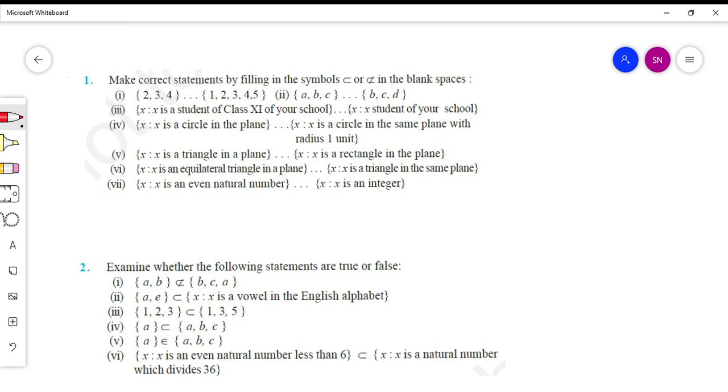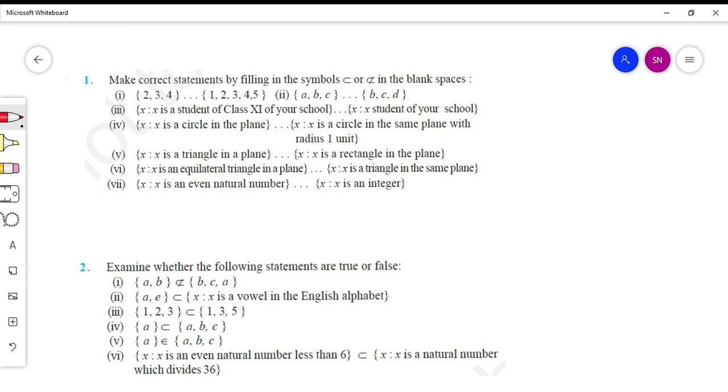So, today in this video, we would be continuing with sets. Okay, and we would also be continuing with the concepts that we have studied in our previous videos, that is the concept on subset, intervals, and so on and so forth. So, in this video, we will be continuing with the concept of whether the given set is a subset of the other set or not.